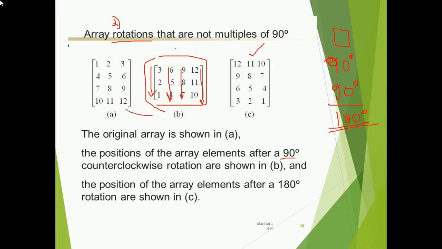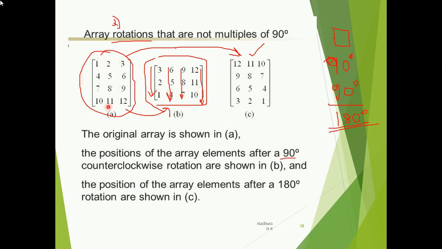Okay, so this is 90 degree, and this is the original pixel values you have. Now if you are going to do a 180 degree rotation, see how you are having the array information. You have already rotated about 90 degree. Now again this matrix is rotated about 90 degree. Let's see how the values will be now.